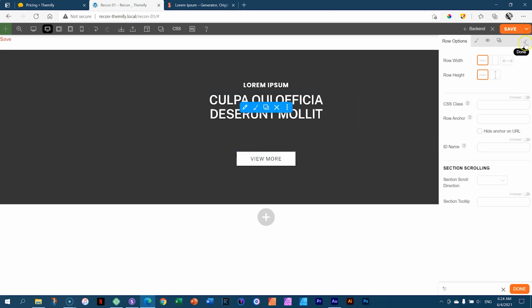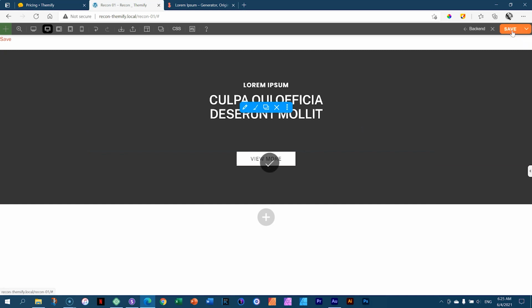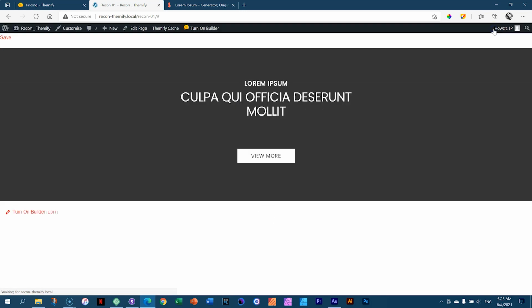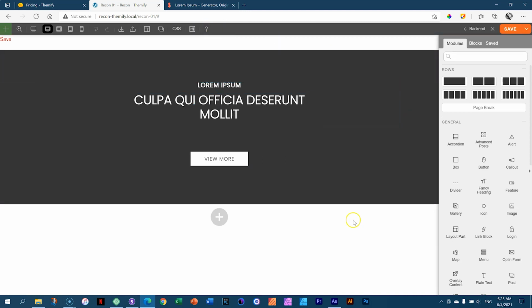Let's save. Done here, save. And there we go. We can view it on the front end. Click here on close. That's how it looks on the front end. And then we can go back into the builder, click on turn on builder. I want to show you a nice little feature that Themify has added recently in an update, and that is